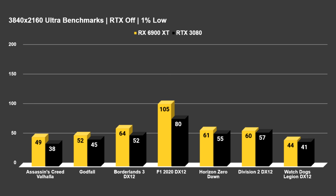Taking a look at the 1% lows here, you could see that we did have some more titles below 60 frames per second with the 6900 XT, Valhalla, Godfall, and Watch Dogs Legion being the most taxing or unoptimized games of the bunch, however you want to look at it. But proving here that the 6900 XT would be a more compelling buy,